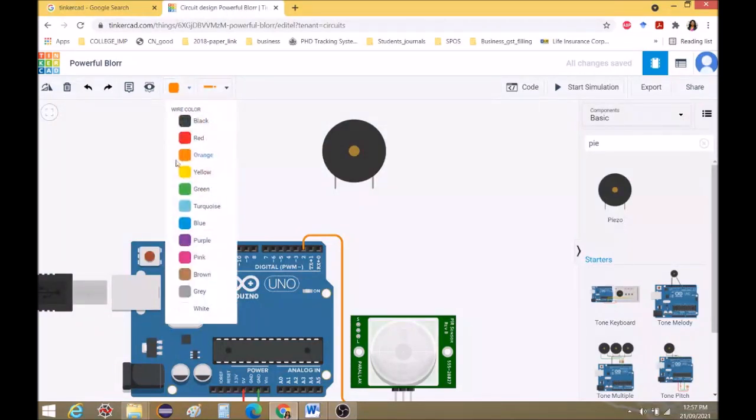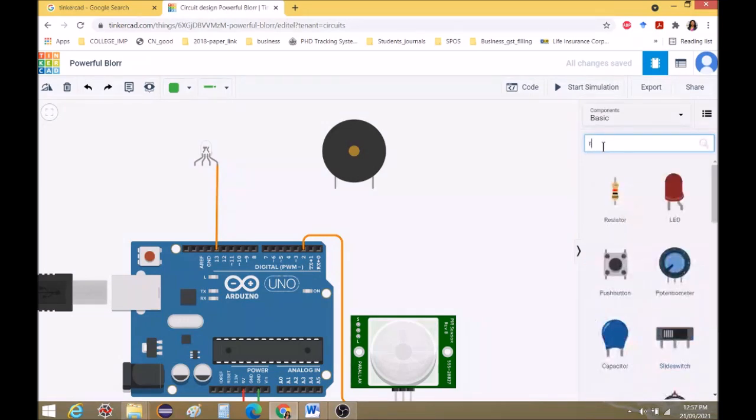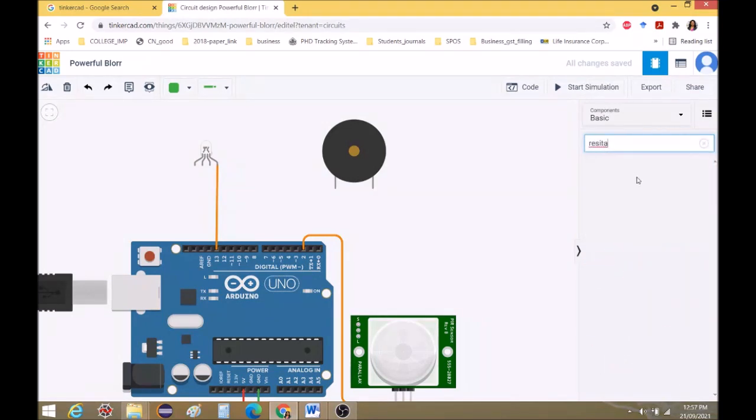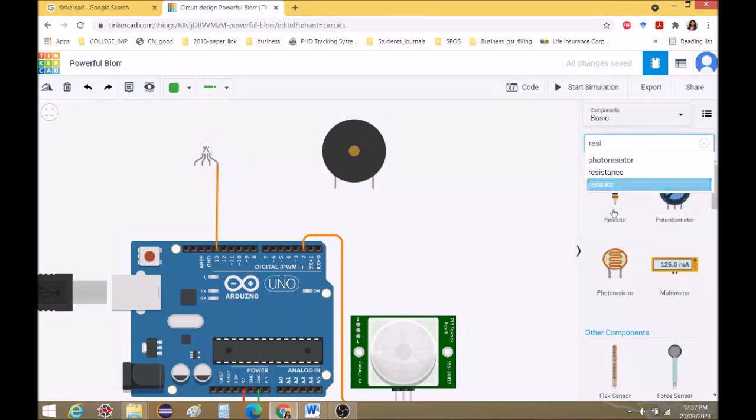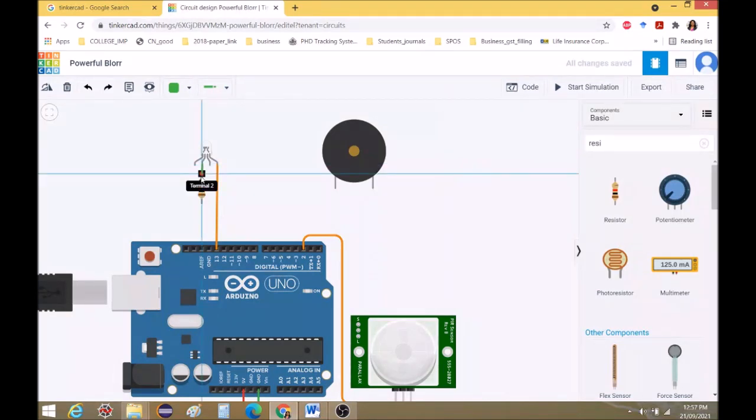I need to connect ground also. So I will definitely need one resistor, this one, to form the circuit. So I will place it here. I will connect a ground connection from this LED to the resistor and the resistor to this ground. So this is done for the LED. Now you can see I have connected a green connector to pin number 13. So the output light will show green. If you want blue or red, you can connect it to that.